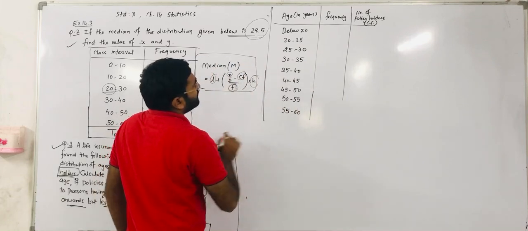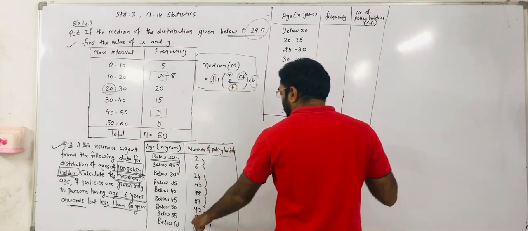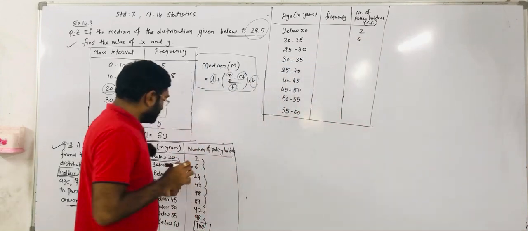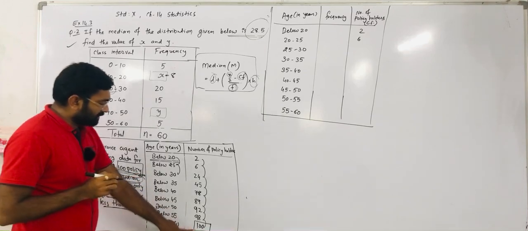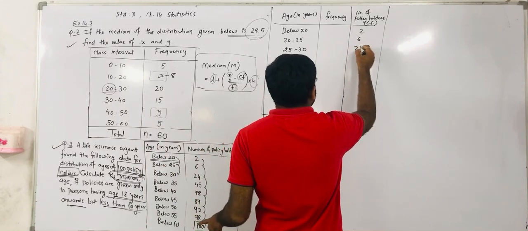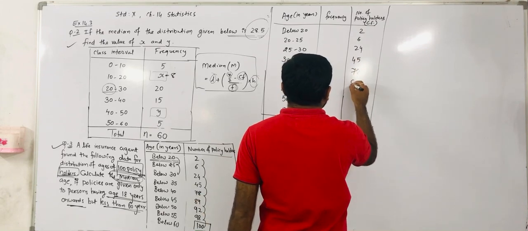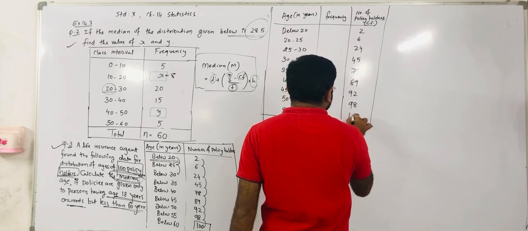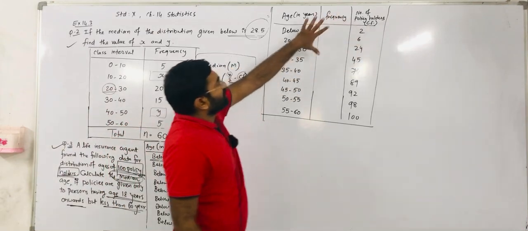Okay? So that way we can represent, and the cumulative frequency is given, which we write in the last column, because this is a cumulative frequency. I have already explained to you why it is called the cumulative frequency. It is in increasing order, and at last, the number of all observations, we get the total. Right? So that's why it is a cumulative frequency. So 2, then 6, 24, then 45, then 78, then 89, then 92, then 98, and at last we have to write 100. Now, the second important thing, from the cumulative frequency we have to find the frequency.